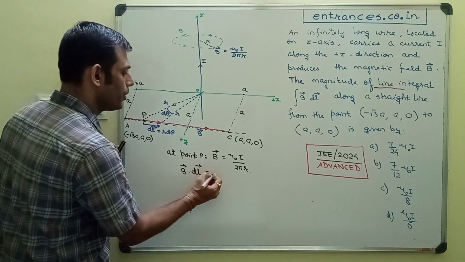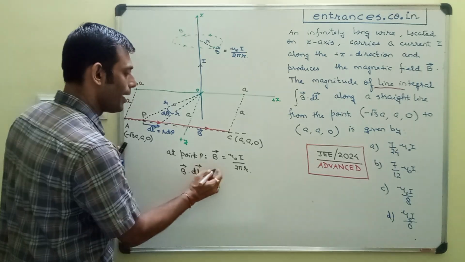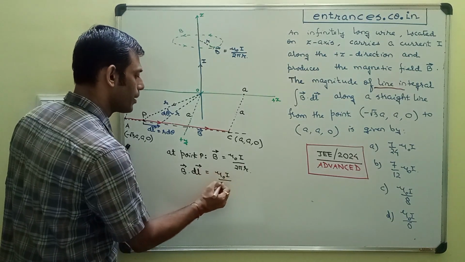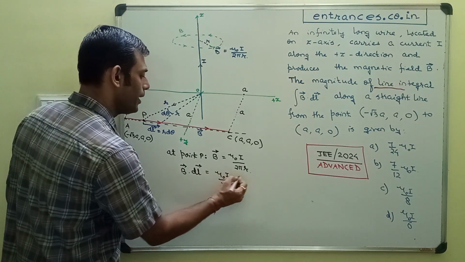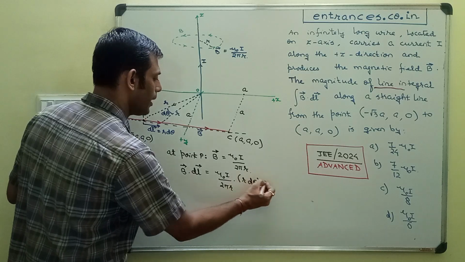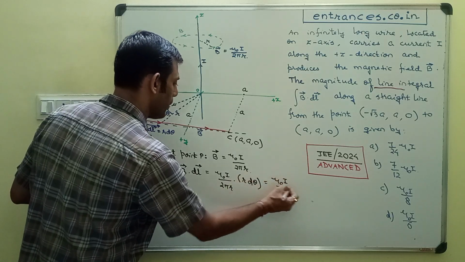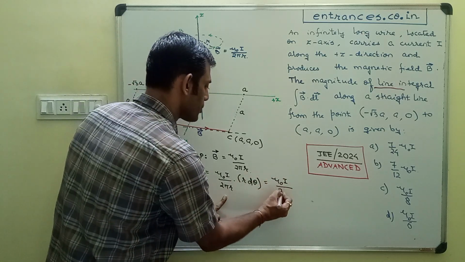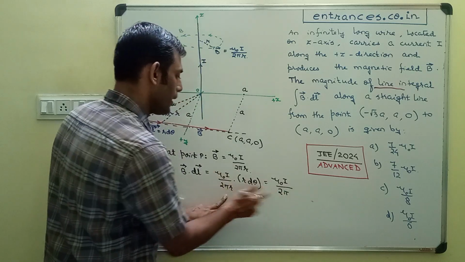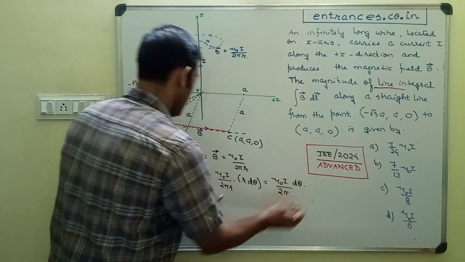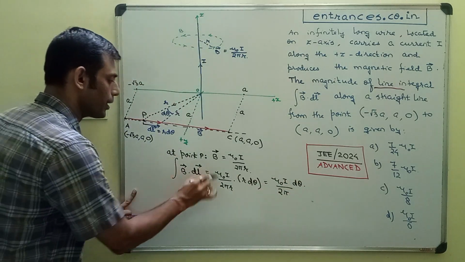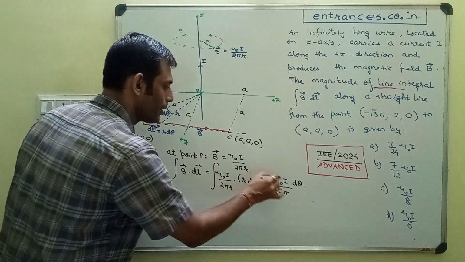So the dot product would turn into simply B dl, and it would be mu naught I by 2 pi r into r d theta, and the r cancels, which gives us mu naught I by 2 pi into d theta. That means the integral of B dot dl